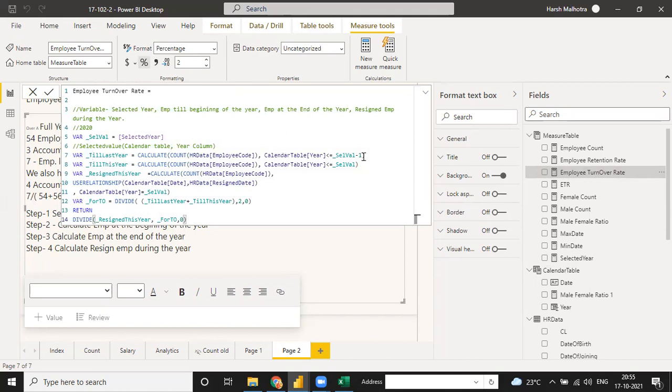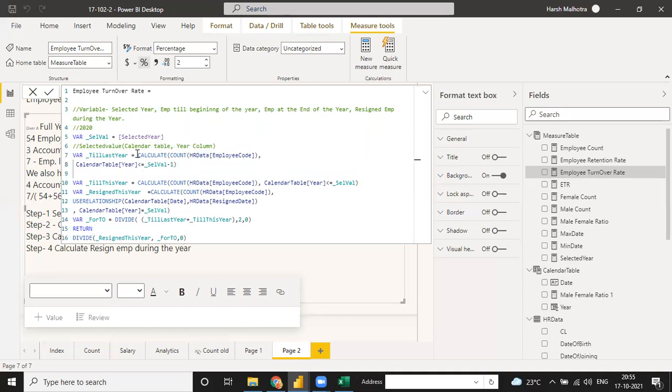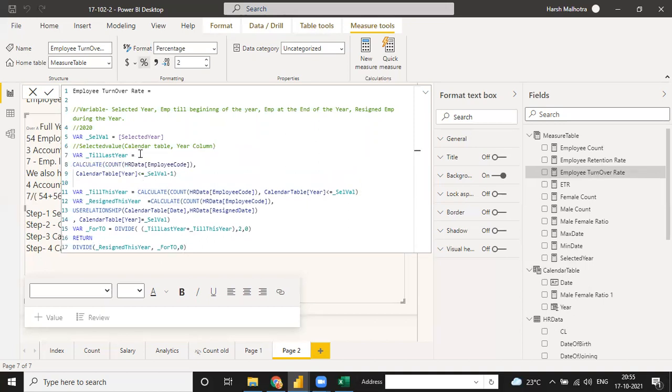Okay. Until last year. Last year means, suppose you selected 2020, then you need the beginning of the year. Last year means last year's current, last day value, it means the beginning of the year of the current day value. So till last year we calculate the count of HR employees. Employee means this value gives you the total employee count. I can write it here as move down into this, and this value gives you the